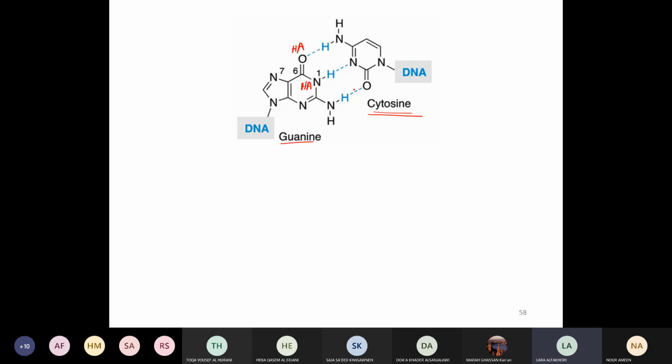For this nitrogen, if its hydrogen or its proton is the one forming the hydrogen bond interaction with the oxygen in cytosine, I consider it a hydrogen bond donor. Now if the nitrogen is the one that interacts, I call it a hydrogen bond acceptor. So notice that the oxygen is opposite NH2, the N is opposite NH, and the NH2 here is opposite oxygen. They are compatible with each other: a hydrogen bond acceptor can be matched by a donor, so they can form efficient hydrogen bond interaction. Okay.